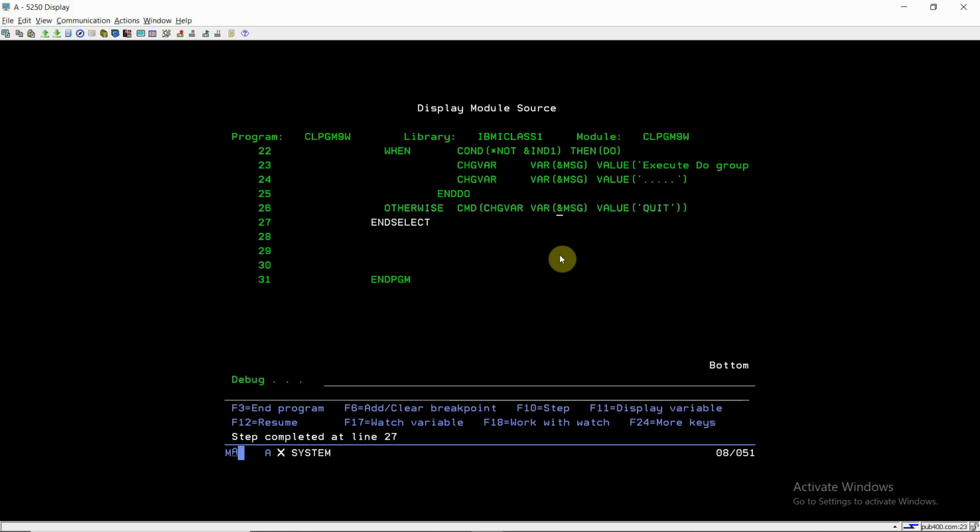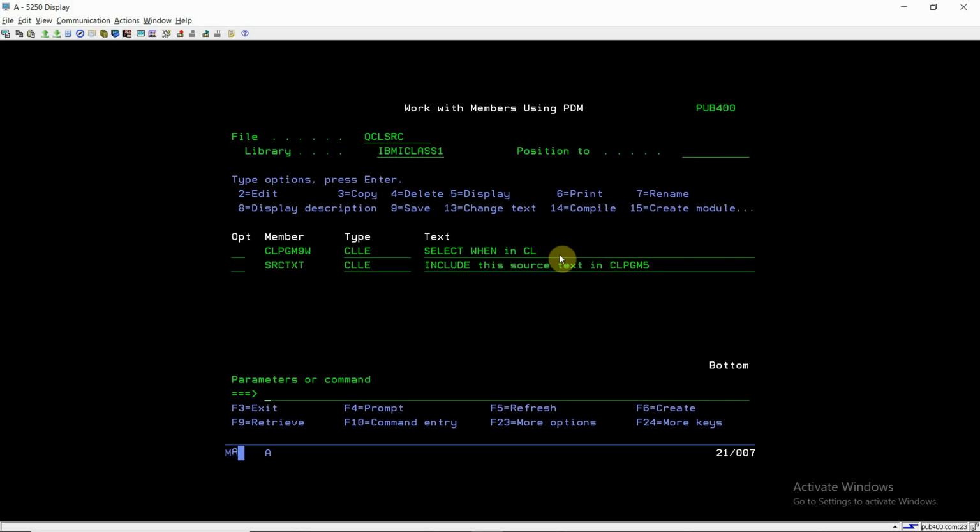The message was blank, and now the message is set because the above two when conditions are false and not satisfied, so the otherwise section got executed in the select when command, and the program ends. So this is the demo for the select command in CL programming.